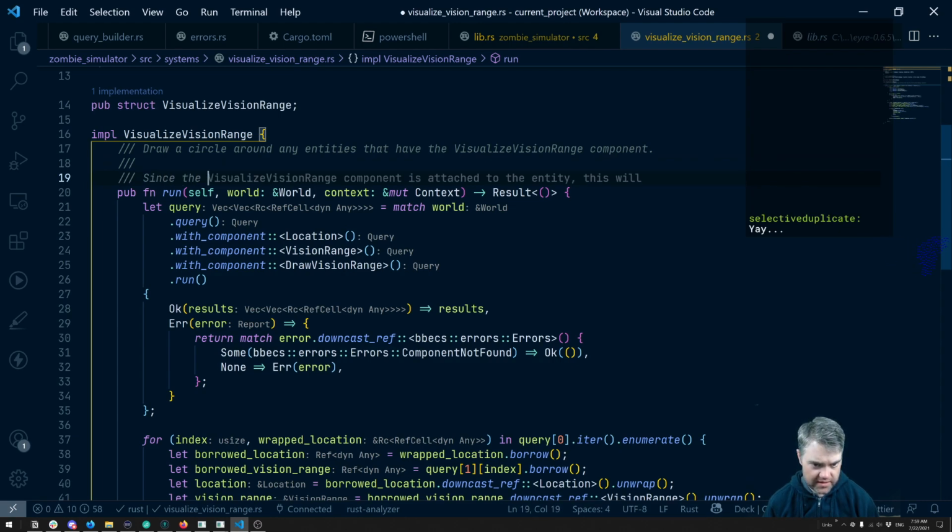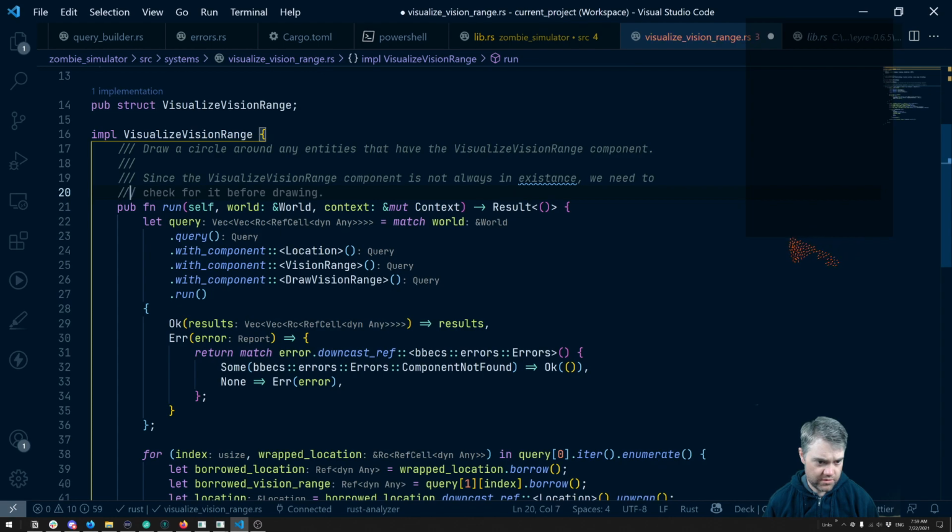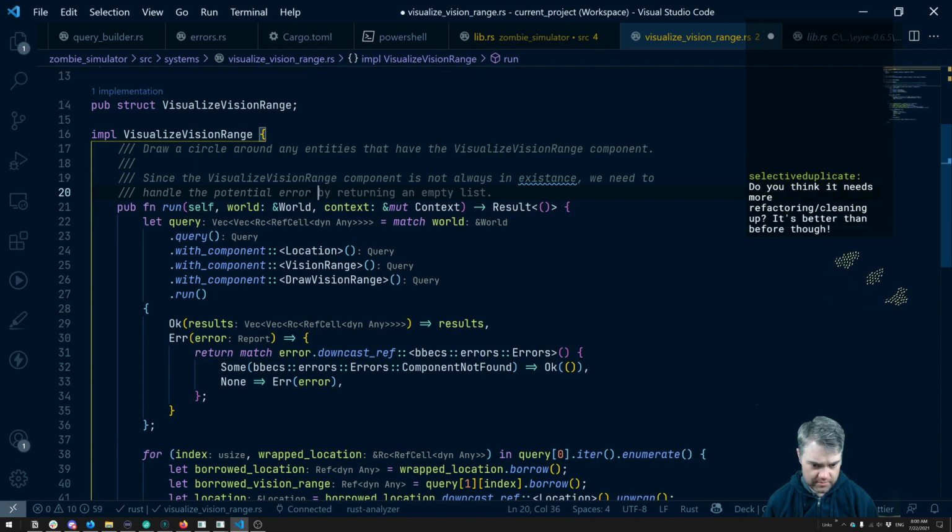Since the visualize vision range component is not always in existence, we need to handle the potential error by returning